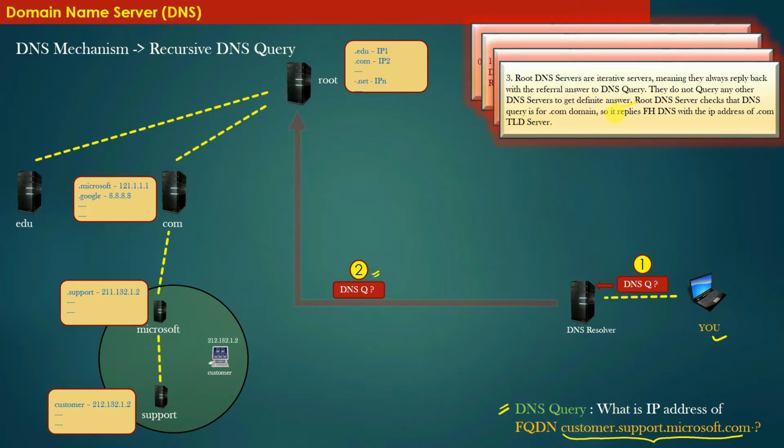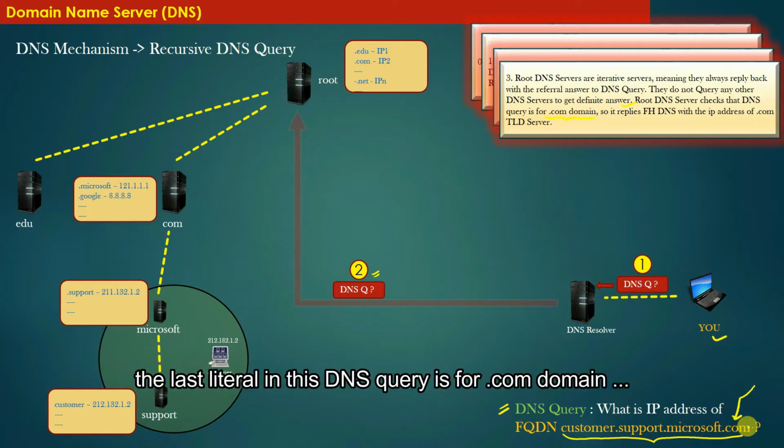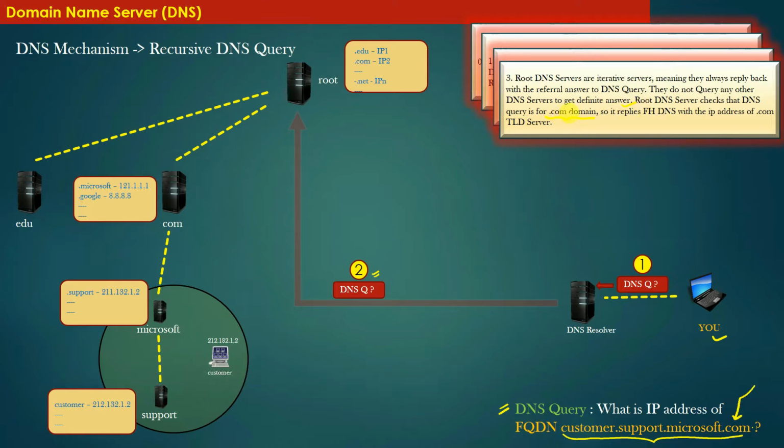Why do they not query? Because root DNS servers are always iterative servers. All they do is reply with the referral DNS answer. So the root DNS server checks that the DNS query is for the .com domain. That is, the last literal in this DNS query is for the .com domain. It means that the root DNS server will figure out that this query should be resolved by the .com top level domain name server. So the root DNS server replies with the IP address of the .com top level domain server to the